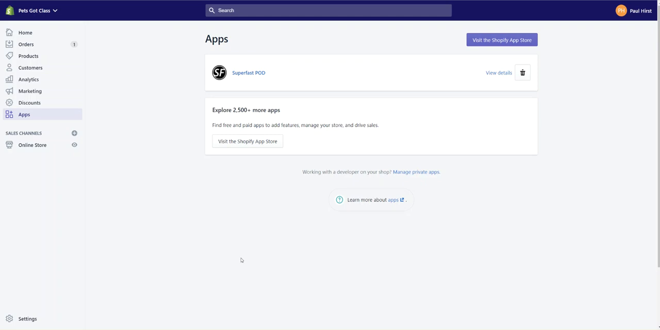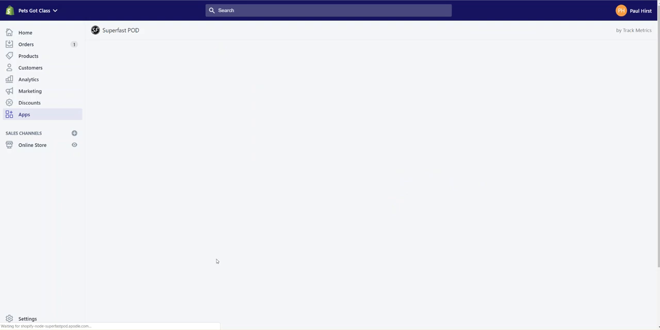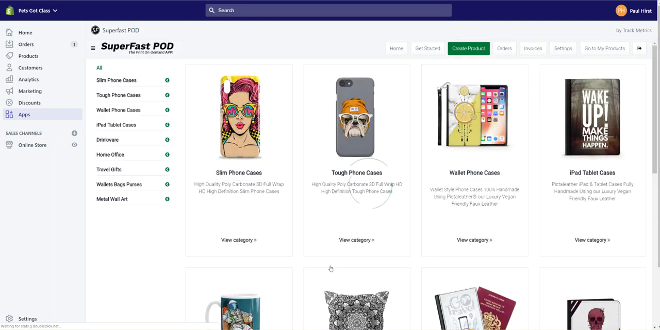Print On Demand app. Once you've installed the app, you come through into your Shopify store. You've got your apps here and you'll see the Superfast POD app. If you click on that and come through to it, normally takes you straight through to the products page, but